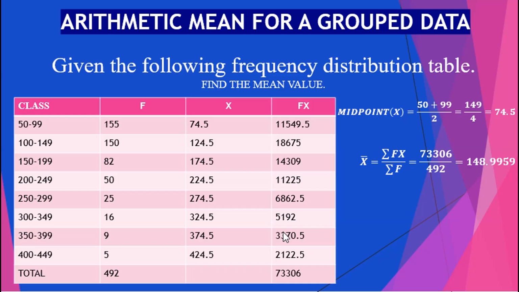73306. Therefore, we are going to look for our mean, which is x bar, and the formula for x bar is the summation of f x all over the summation of f. Our summation of f x is 73306, which is this value, and our summation of f is 492, which is this value. Then, having divided 73306 by 492, it gives us